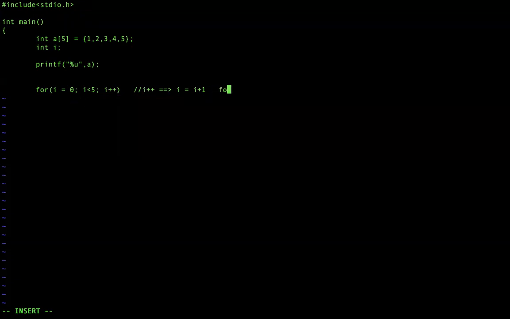So this is equivalent to Python for i in range 0 to 5. From 0 up to 5 you will go. That means 0, 1, 2, 3, 4. That's all. You see, i is less than 5. It starts at 0 and ends at 4. It will never touch 5. It comes out of the loop.